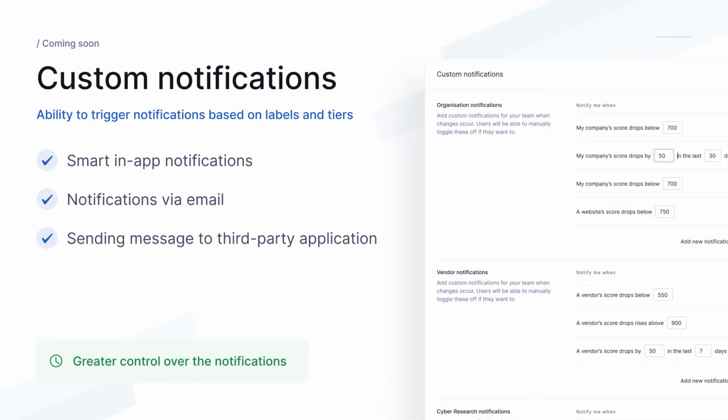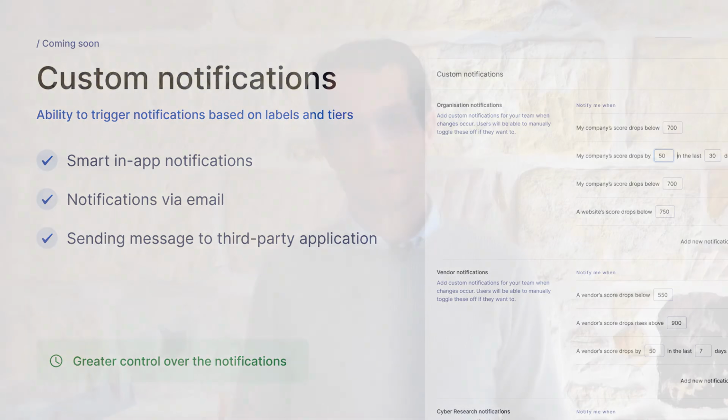And the fourth feature I want to talk about is a small one, but something a number of our customers have asked for: custom notifications. This is essentially the ability to trigger notifications, whether that's in-app, via email, or sending a message to a third-party application based on labels and tiers. For example, rather than being notified every time any vendor's score drops below a certain threshold, you might only want to know if this happens for one of your Tier 1 vendors. This gives you greater control over the notifications that get generated and lets you focus on the events that are